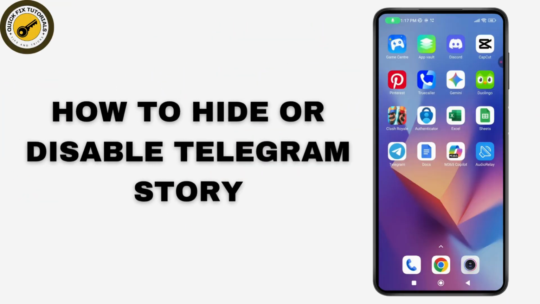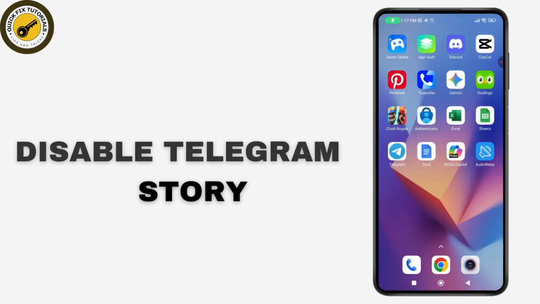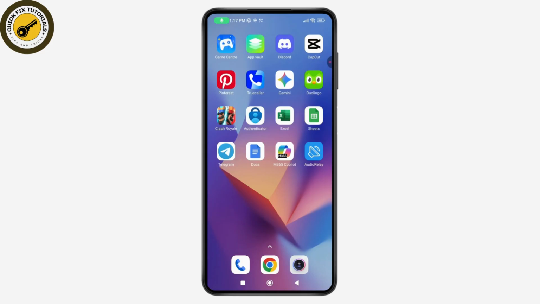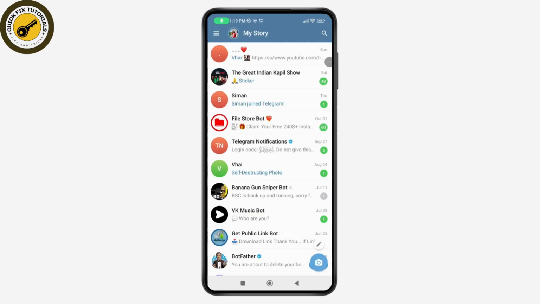How to hide or disable Telegram story. So if you want to hide or disable Telegram story, then what you need to do. So in my case, I've just added a story. Now, if you want to hide or disable your Telegram story, then what you need to do is just simply